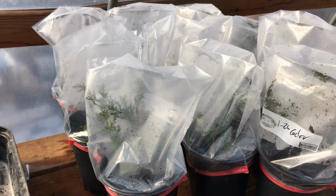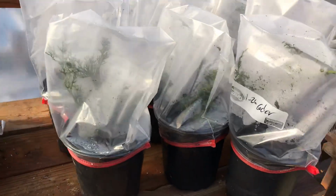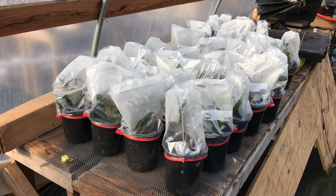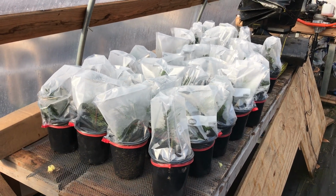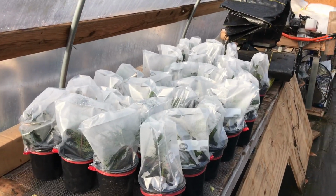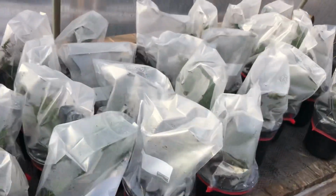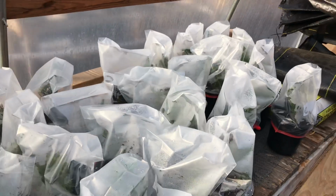There's no telling how long it's going to take. It's usually about 3 months before you can really check to see if they've formed any roots. But it's a simple propagation technique that you can do for a Leland cypress. If you have one, any time throughout the year you can take a cutting that's about 8-10 inches long on some of the newer growth and strip off the lower 2 inches or so of limbs and needles. You simply put some rooting hormone on that cut end and place it in some potting soil, or whatever potting mix you might use, and just keep them watered and keep them out of super freezing